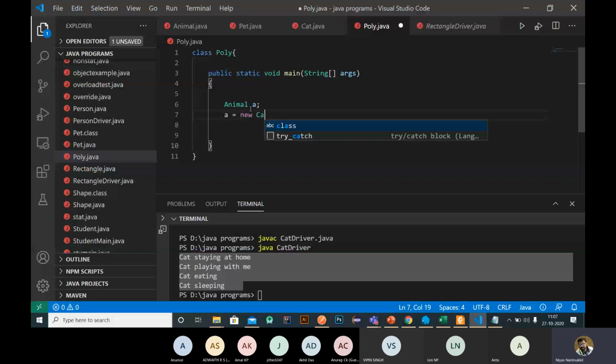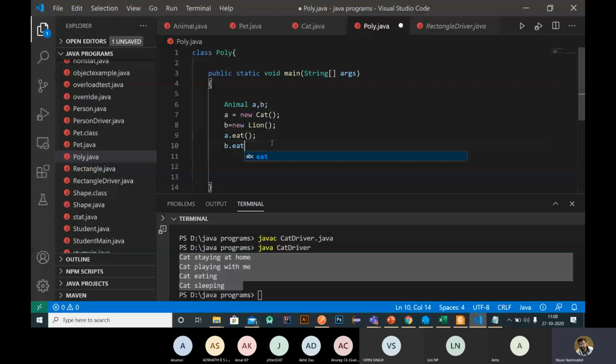And we have two variables, Animal A and B. A is an object of Cat, and B is an object of Lion. So we can call a.eat and b.eat.